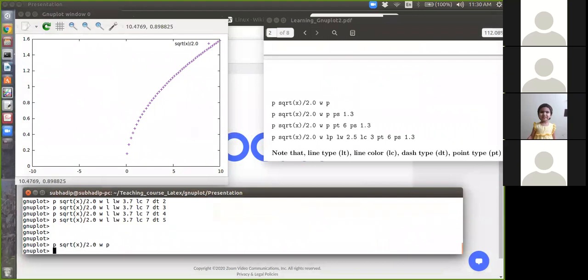Okay. So single W is for width and LW is for line. It is by default this plus sign.